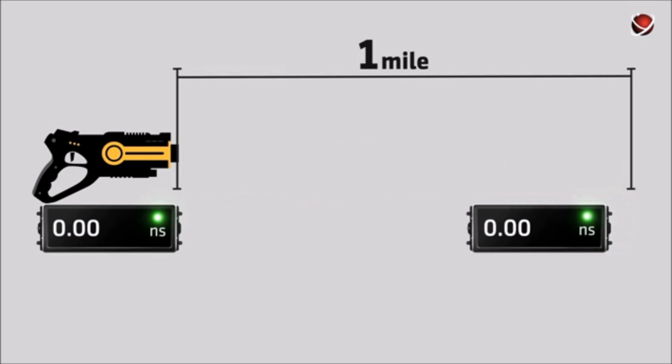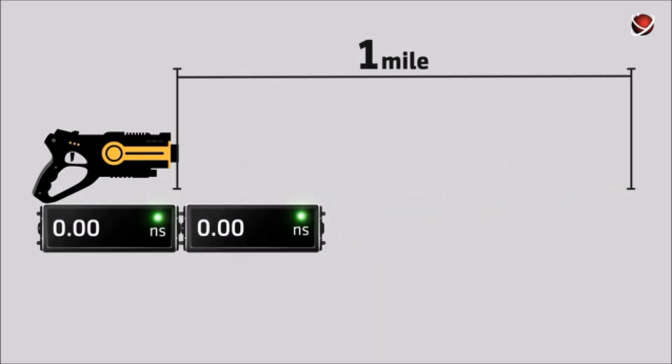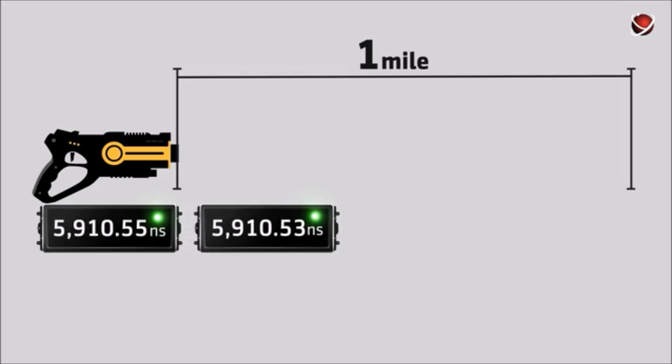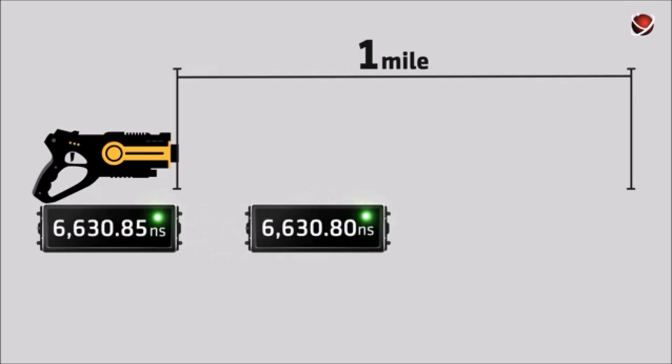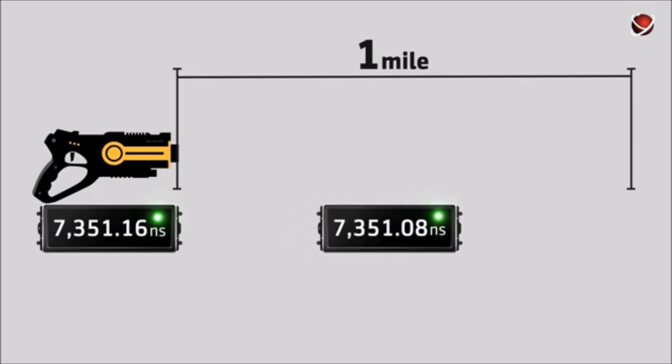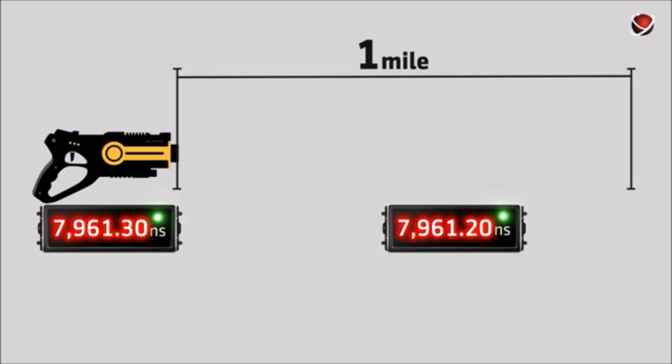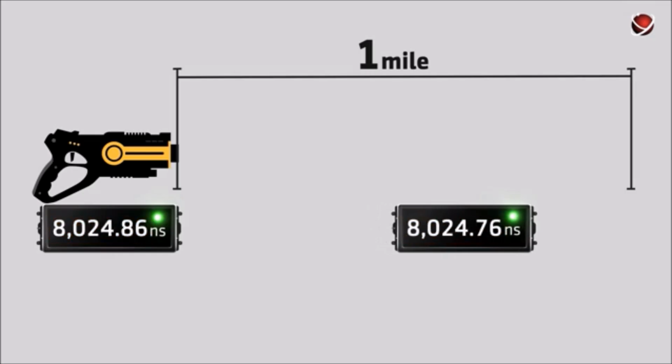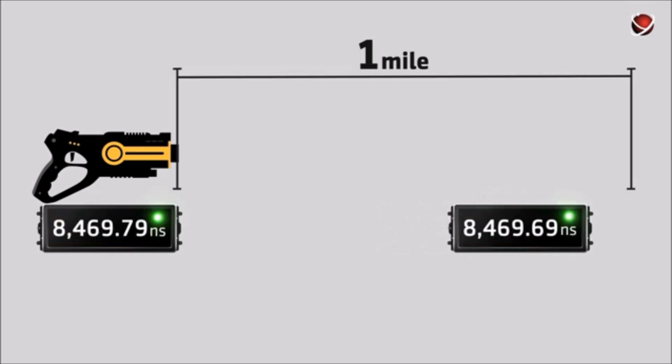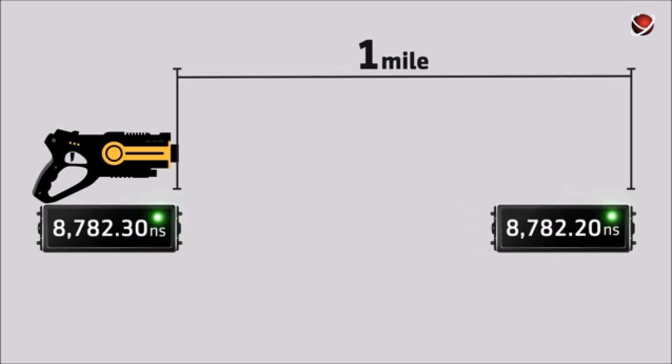Okay, well, let's try a different approach. We'll connect the 2 timers, synchronize them, and then move the second timer to the end point 1 mile away. What could possibly go wrong? Well, everything. After the synchronization, we'll move the second clock relative to the first one, which will remain stationary. According to the special theory of relativity, time flows slower for the second clock than the first, based on the stationary observer's perspective. So when the second timer reaches the right place, it'll already be out of sync with the first one. Of course, the difference may be very slight, but we will definitely be there, and there is no way to avoid it. What the hell?